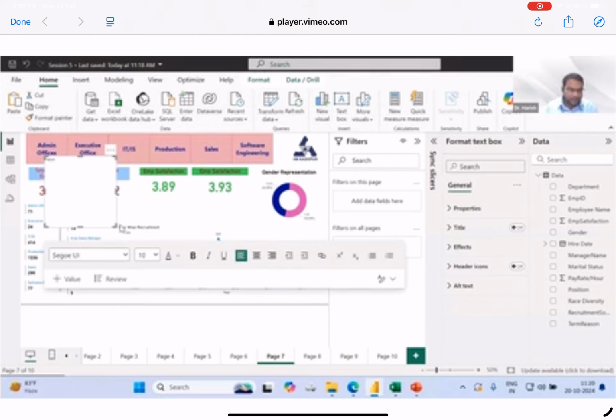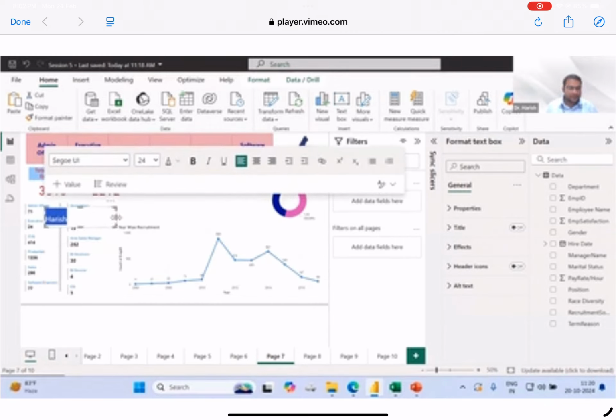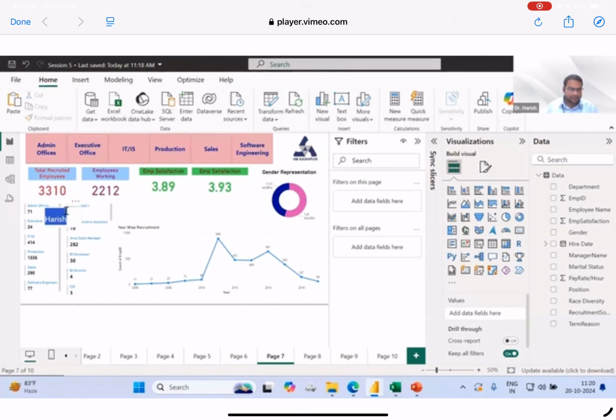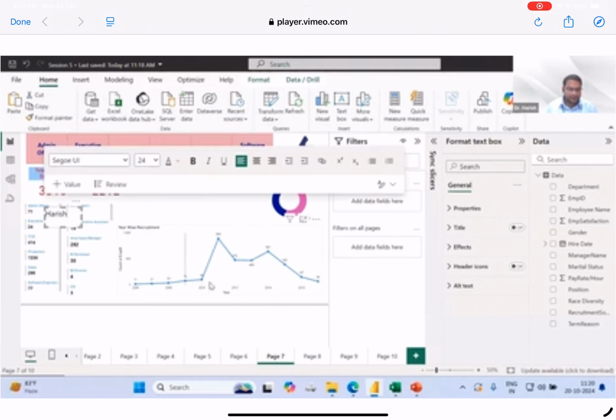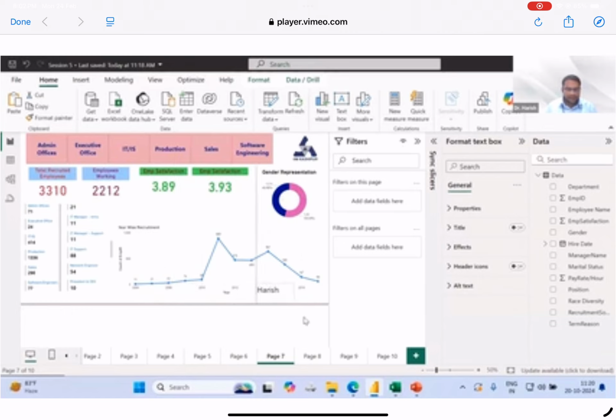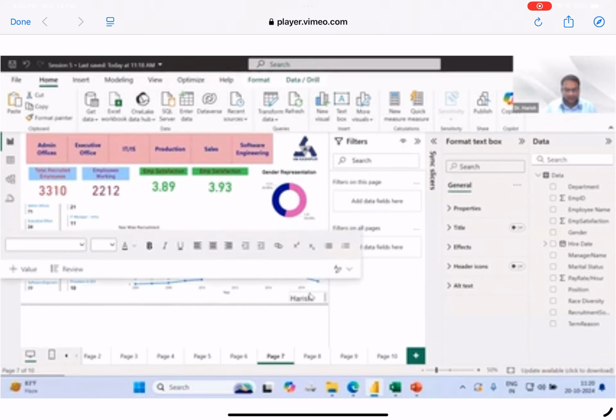See, in the text box, it is going to be written, and let me increase the size, 24, not 24, or maybe let's say 40. So my name is coming here, and you can see the increment of the size. See, my name is coming, and I can paste it somewhere here to show who has created this one. I have created this one. And any other formatting we can use, like custom. So once you have created this, you can paste it wherever the space is left. The simple one. So I'm pasting my name here, outside of this, so that you can remember